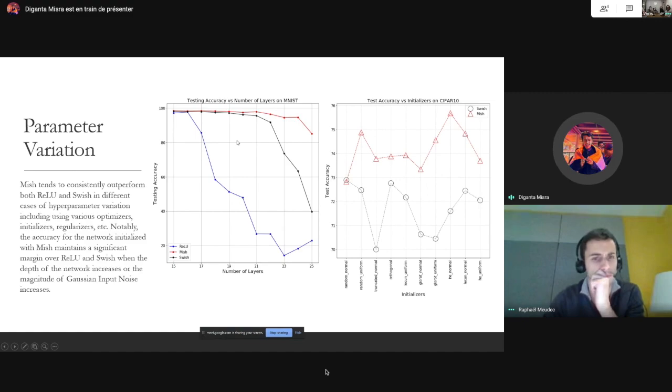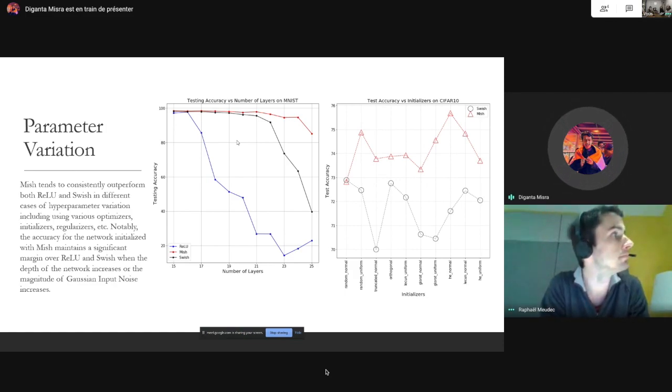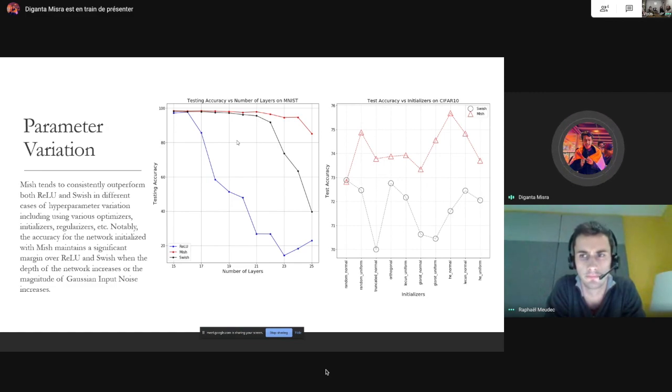So this proves that Mish is actually more robust in case of the network architecture being more complex or the number of layers becoming increasingly more in large models. There is an actual proof on ImageNet, which I'll show in the later slides. But this was a very simple test to prove the same, that Mish is more robust and more capable in terms of handling a higher number of layers in the network.